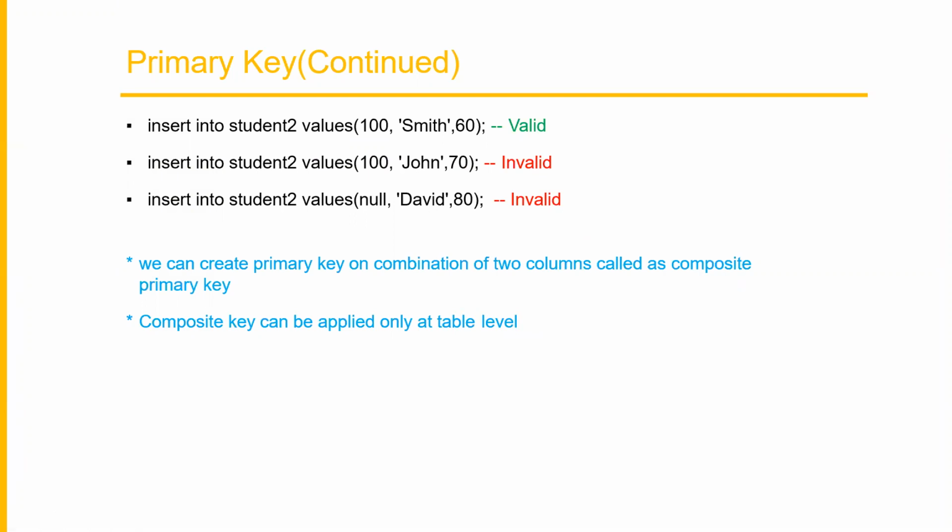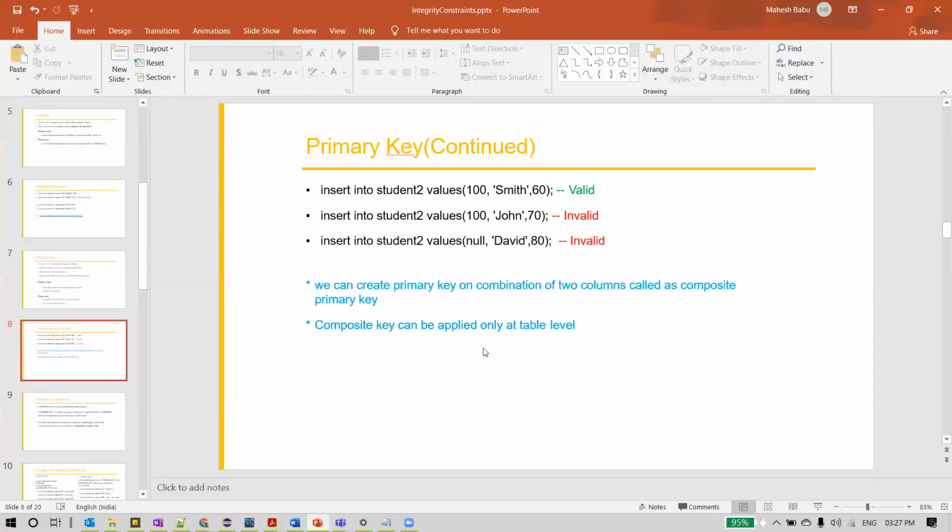one column. But what we can do here is combine more than one column and make it a primary key. What does that mean? Say, for example, you wanted to have both student number and student name as primary key. Then we can't have it independently, saying my student number primary key, comma, S name primary key. We can't have it like that. But what we can have is the combination of them, like primary key.